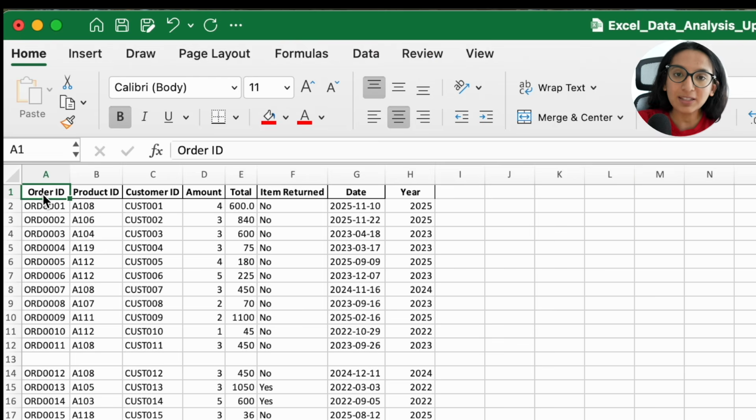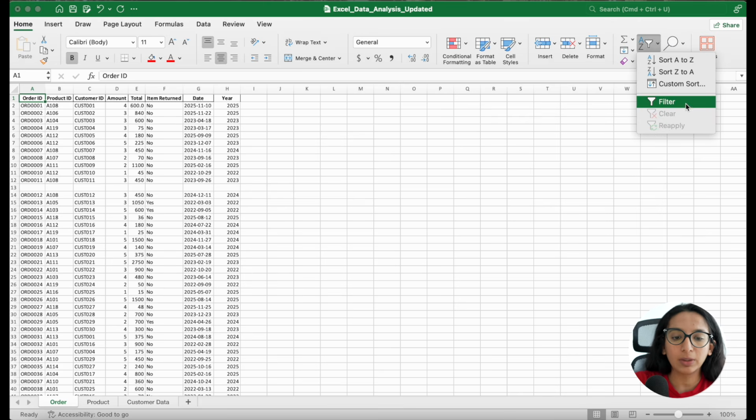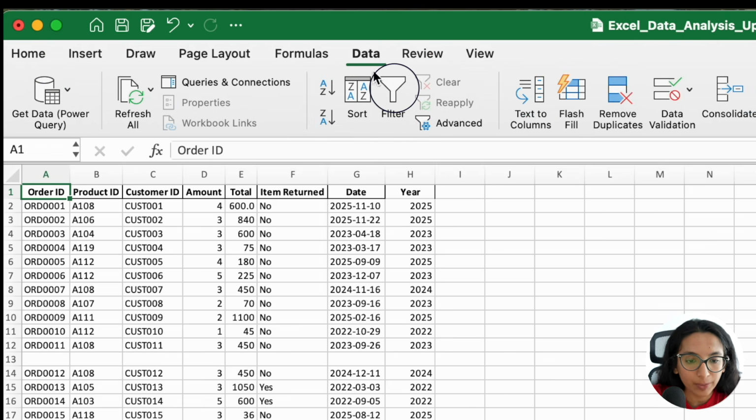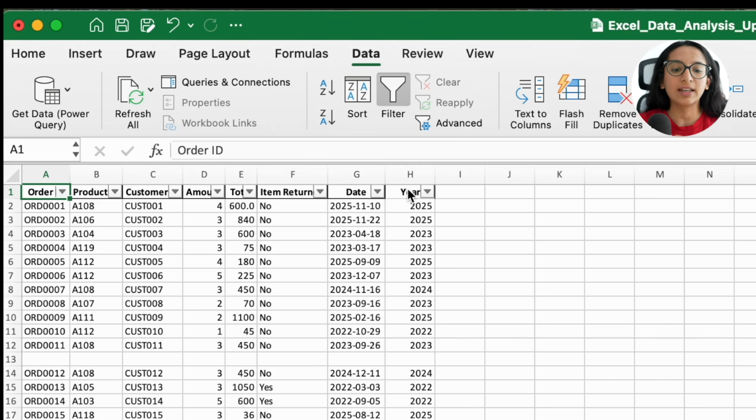This takes me to the next important thing in Excel, which is applying filters. There are two ways to apply filters. One is in the Home tab. You can click here and you can click on Filter, or you can go to the Data tab in your ribbon and click Filter there. One extremely important thing is that you do not in any circumstance want to apply a filter without either selecting your entire worksheet or the entire column where you will be applying the filter, and let me show you why.